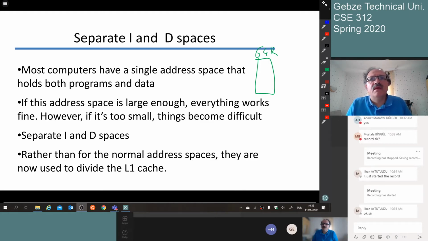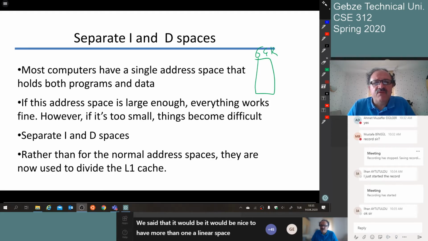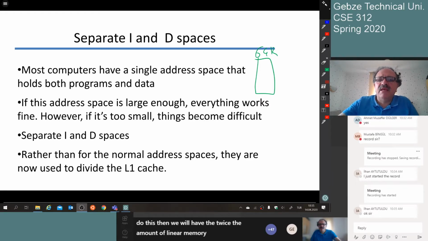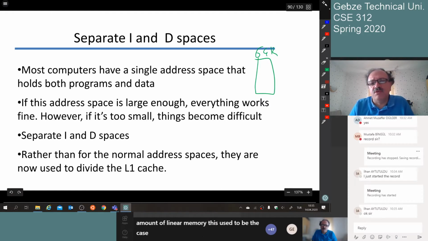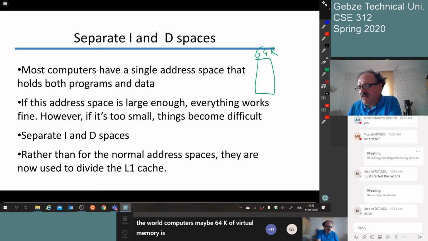Okay. We said that it would be nice to have more than one linear space, one for the instructions and one for the data. If we do this, then we will have twice the amount of linear memory. This used to be the case for the old computers, because in the old computers maybe 64K of virtual memory is not enough. Nowadays this is not a problem, because